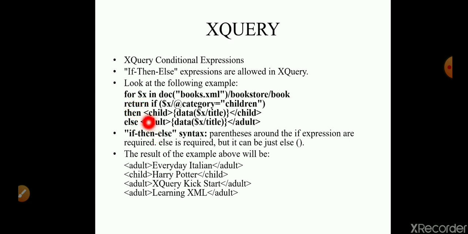In this example, we are going to retrieve the book names. for $x in doc, we have to give the XML file name, that is the XML file, bookstore/book, and you are going to return the category, that is if category equals children, then you are going to return the title of that book, else you are going to return it as adult.